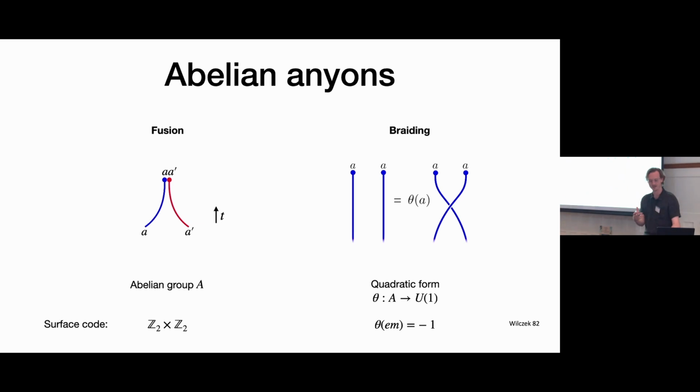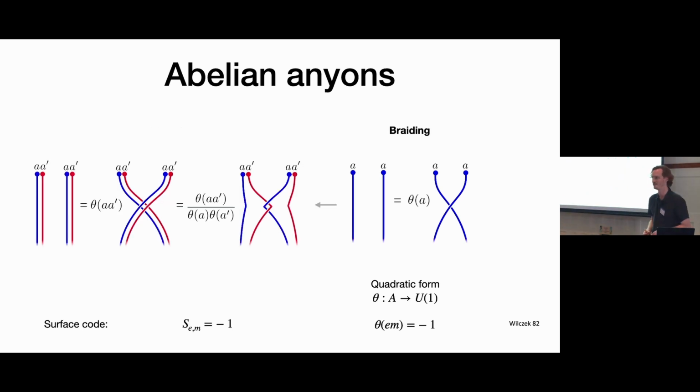We're mostly going to use actually full braiding statistics rather than this exchange statistic. So I just wanted to show how you actually get this out of the quadratic form. It's just a neat little trick that if you have a composite particle and you do an exchange on it, you can recouple that to essentially turn it into just a braid of, in this case, the blue around the red. So this information of braiding a red fully around a blue is already in this self-statistic. And for the surface code, the important one we're going to use is that if you have an E braiding around an M, you pick up a -1, which is also the origin of this -1 exchange statistic here.